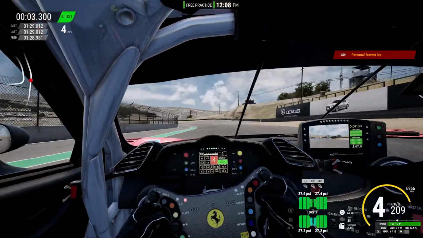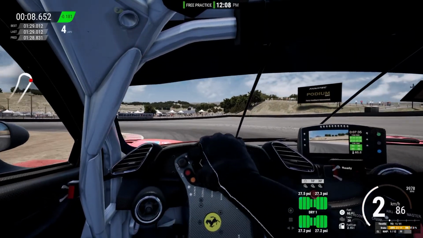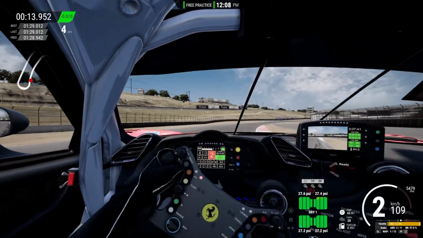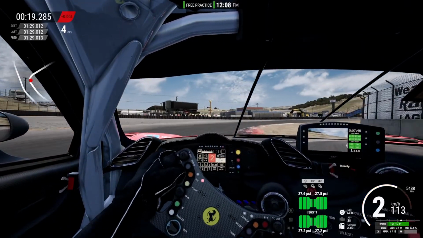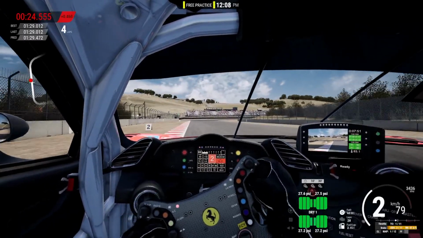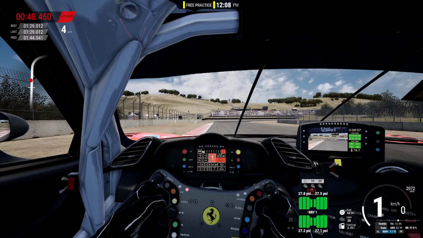Fastest lap. I think that's it. I'm gonna go over here to Forza and tune these cars so I can get some videos done and stuff like that.